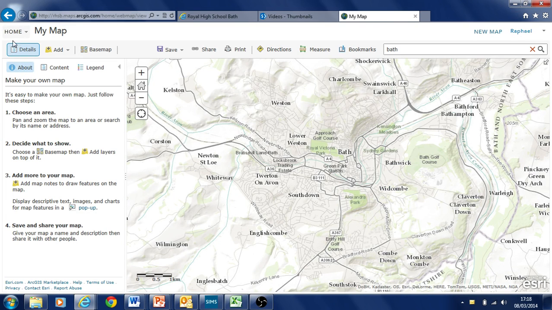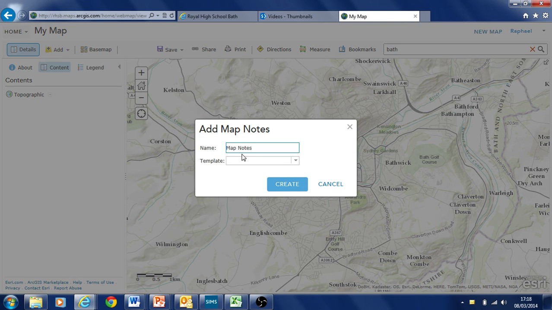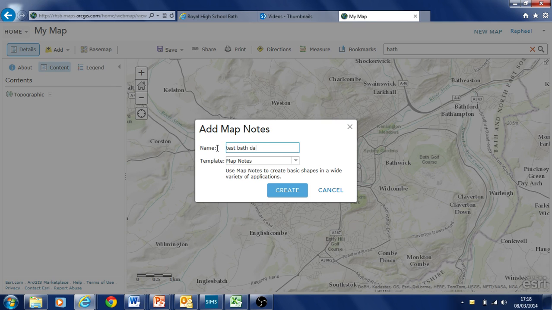and you can see at the moment in the detail section at the top here I've got the about, I've got the contents which has got nothing in, and the legend obviously got nothing in. So above that I've got the add button. I'm going to add this time map notes. And this is simply a drawing layer, so I'm going to call it test bath data 1,